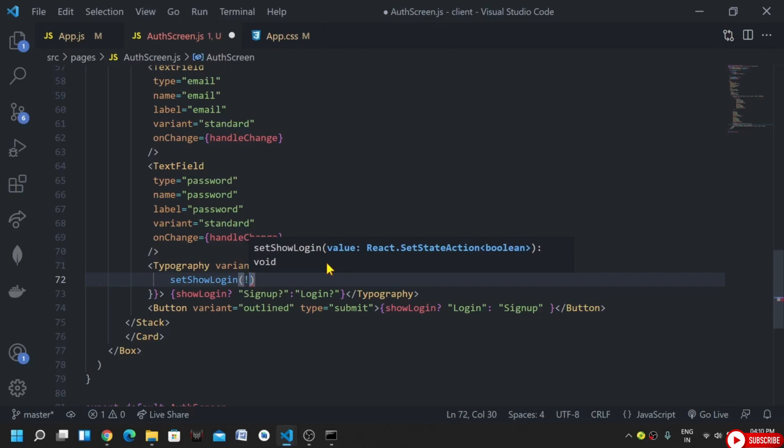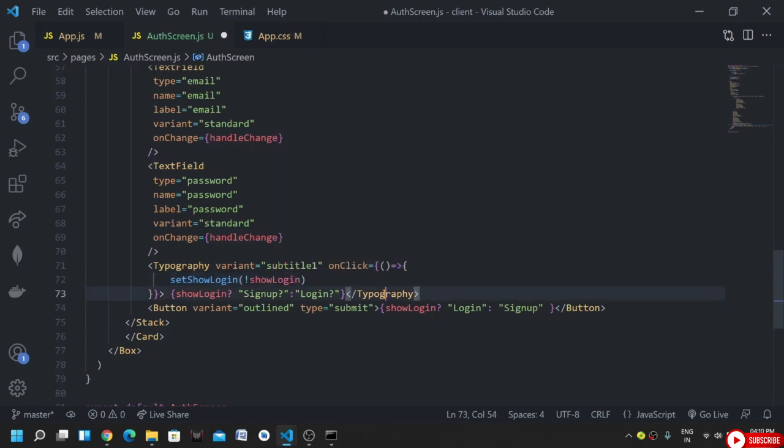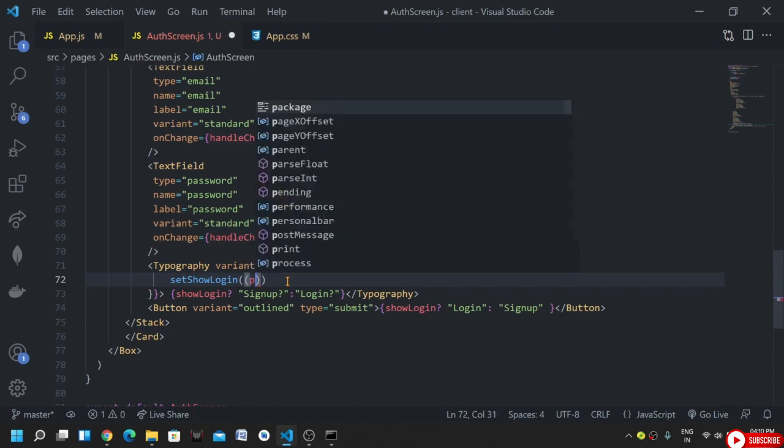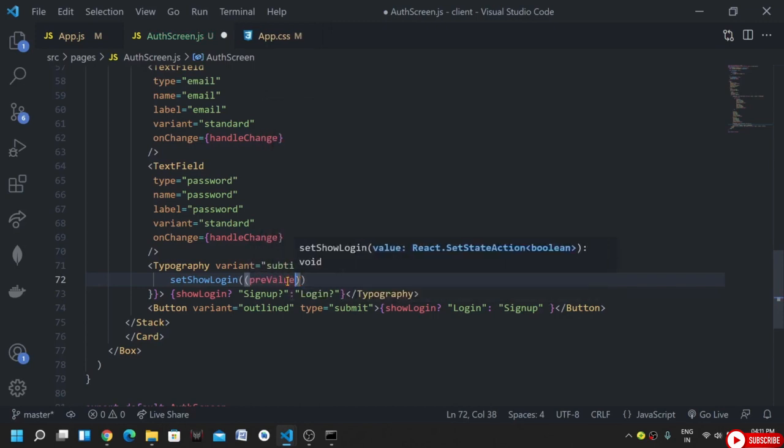Whatever the current value of our state is, we negate it: not show login. This is one way of writing it, or instead we could also pass a function to it, and here we will get the previous value of state,